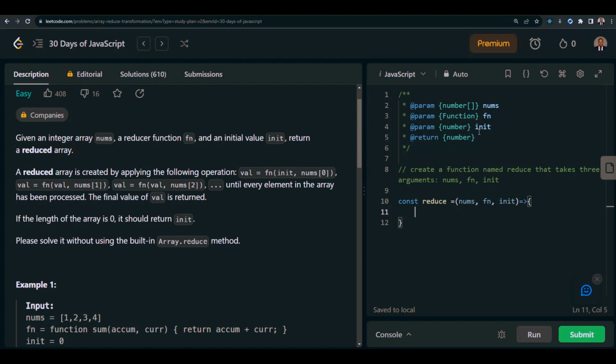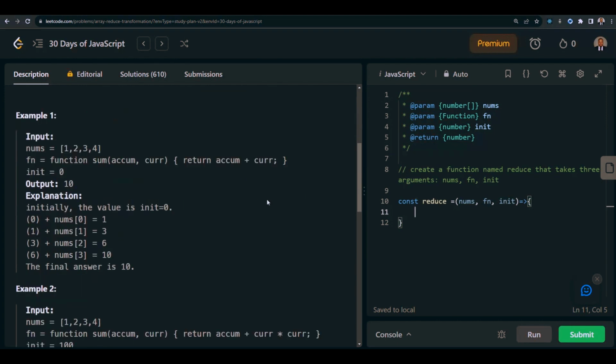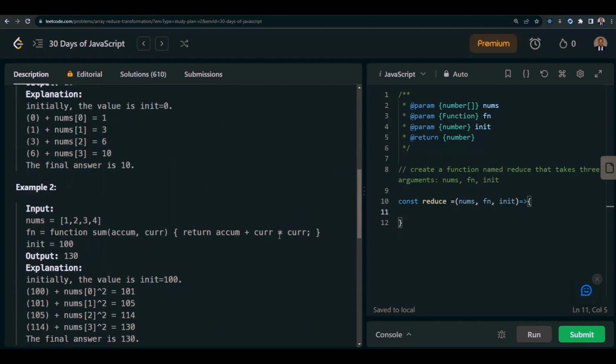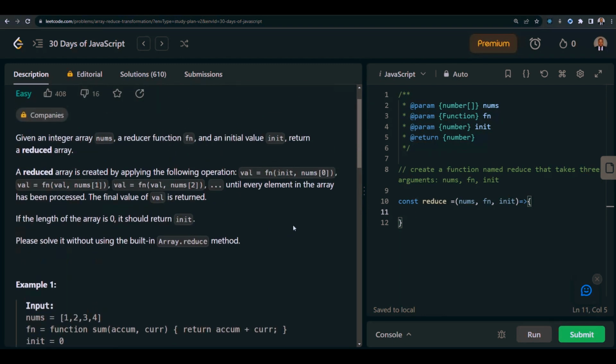But if it's not 0, then we are going to do either this operation right here or this operation right here. So initially, what's going to happen is we're going to return init. We are going to return init if nothing happened. But if something happened,